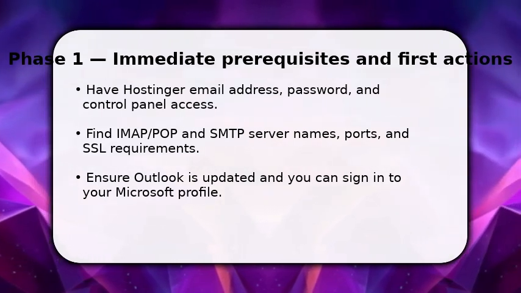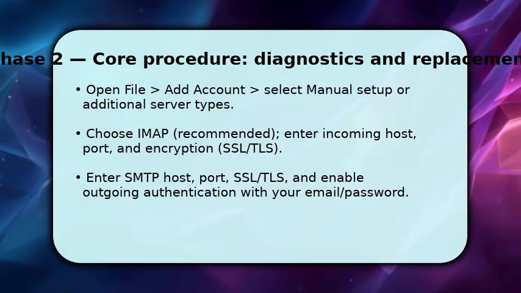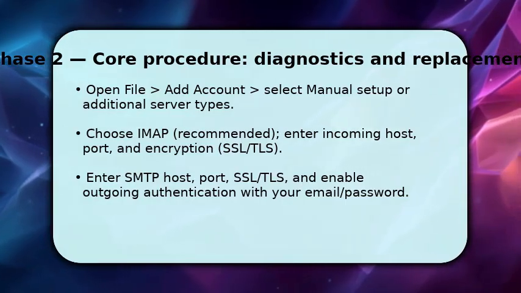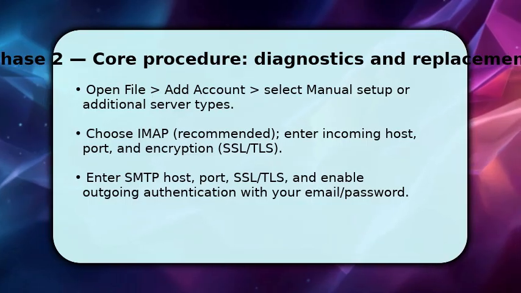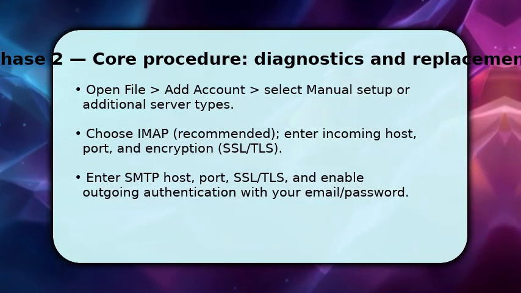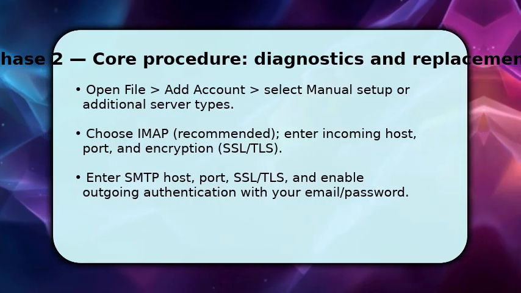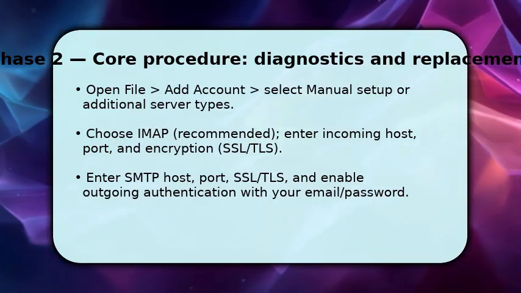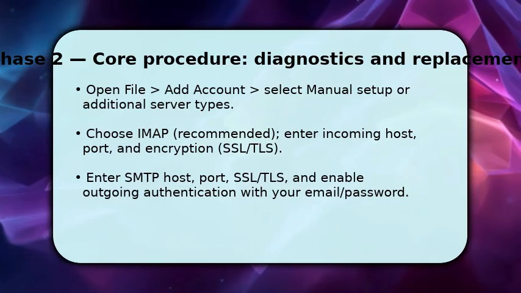Now add the Hostinger email manually in Outlook. Go to File, Add Account, then choose Manual Setup or Additional Server Types. Pick IMAP unless you need POP. Enter the incoming server exactly as Hostinger lists it, set the port to the provided number, and select SSL or